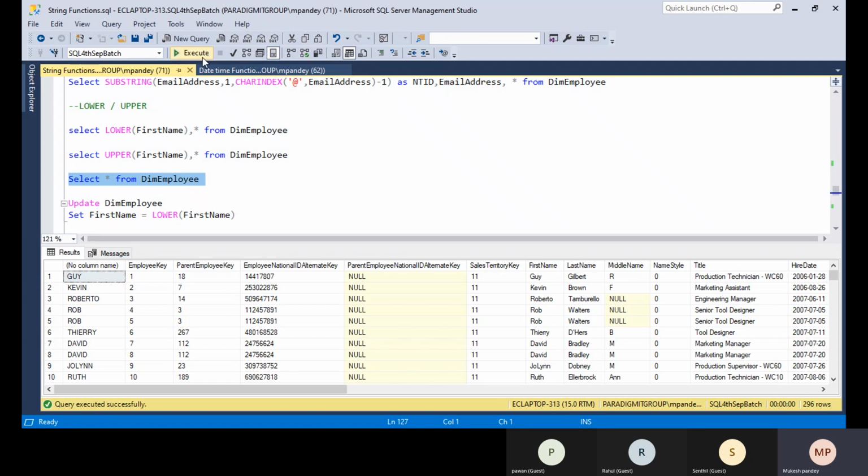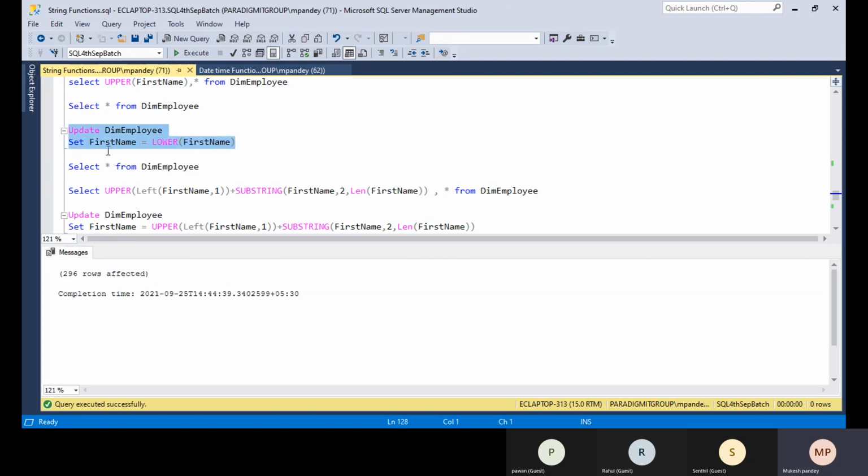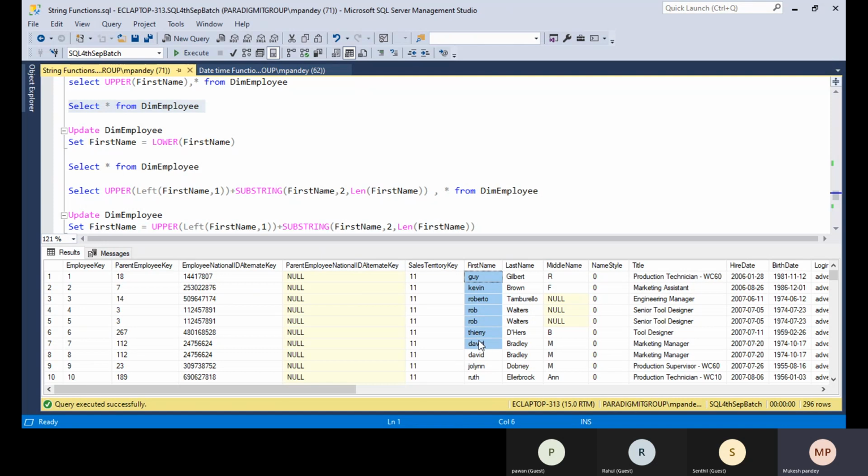So I have the employee table here. Okay, so let me update all the letters to the lower letter. First name I am updating to the lower letter. So you can see the first name is updated as all lower letters. So the requirement is how we can update the data so that the first letter is capital and the remaining letters are small, like the last name. All these first name starting letters will be capital. So how can we update the data?